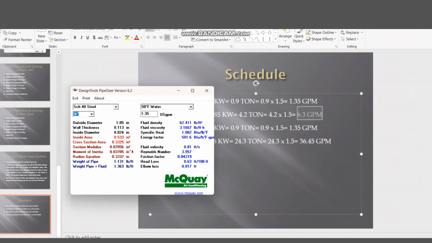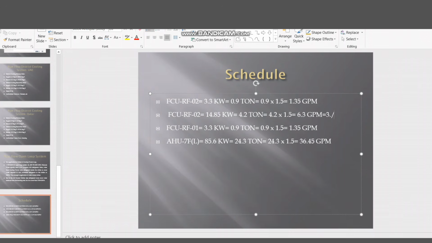Now go to the pipe sizer. Just try with any size. First 2 inch, then we'll see 6.3 GPM. The velocity is very low, 0.6. So I can reduce the pipe size. Let me try with 1 inch. It is 6.3, and the velocity is 2.34. So let me try with the lower size again, 3/4 inch, 6.3. Now it's okay. The velocity is 3.79 feet per second. So we can go with 3/4 inch here. So here also 3/4 inch, and above also I'll follow the same one. So this is the pipe size for the FCU.